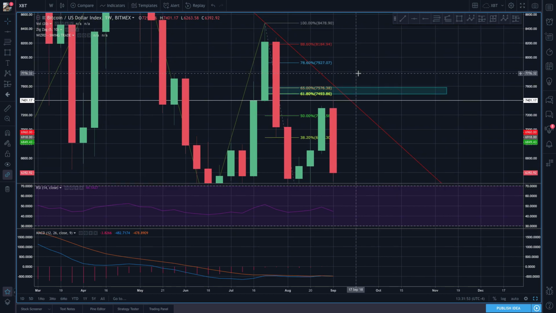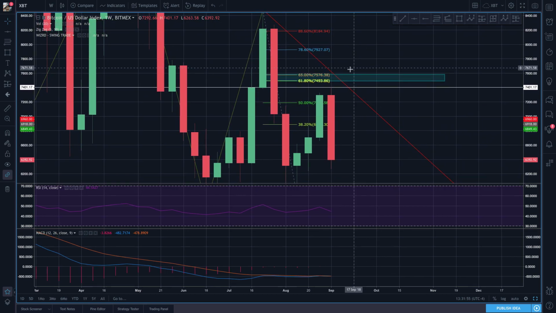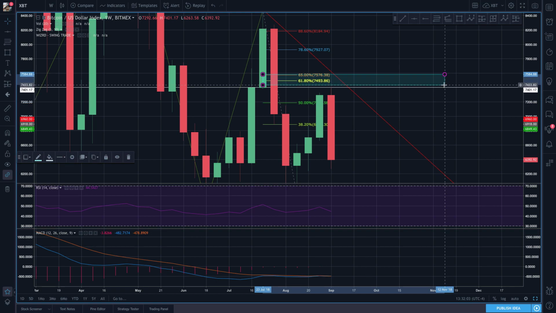So what should you have expected to happen? You should have expected the price to go up to somewhere in this area, somewhere maybe a little bit below it, maybe right around here, to up here. And this is where it should have turned around. Clearly, it didn't. This is where I put my shorts in, but this is where